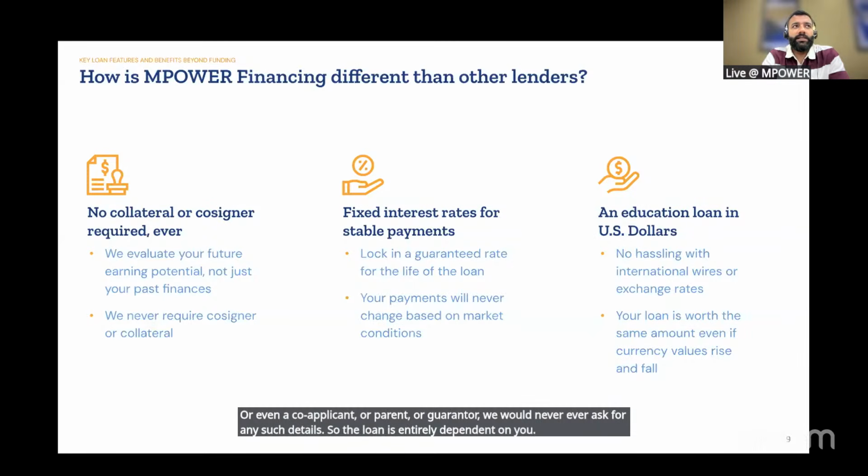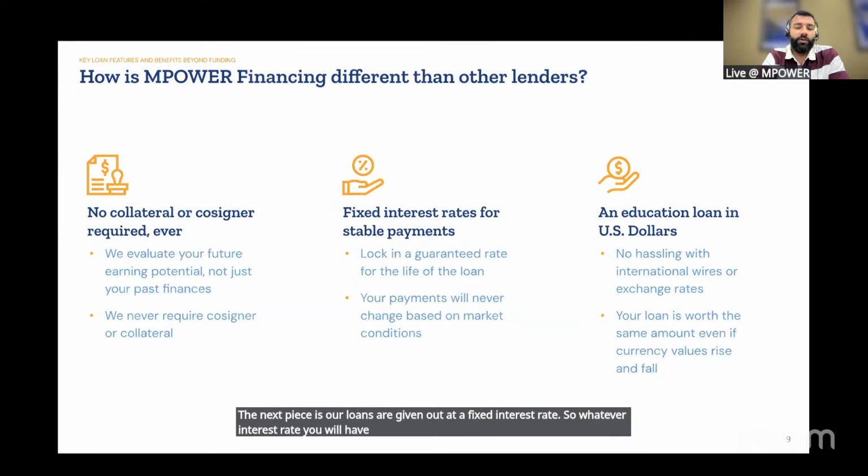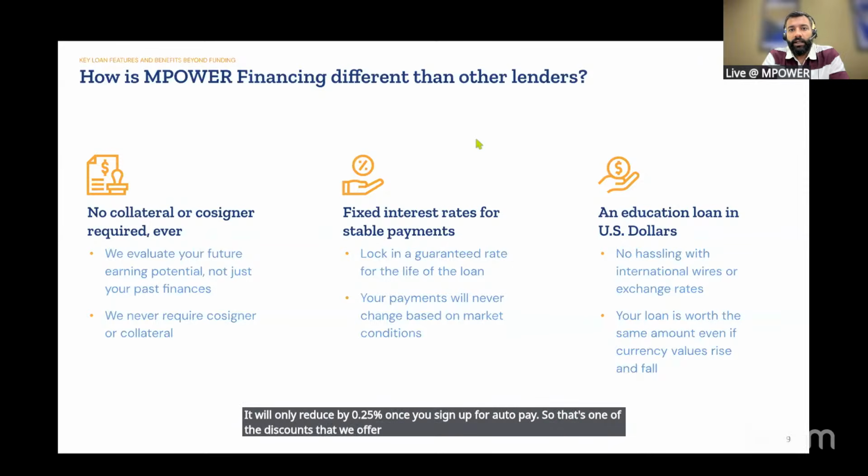The next piece is that our loans are given out at a fixed interest rate. So whatever interest rate you have at the time of your loan approval is what the interest rate would be for the entire duration. It will only reduce by 0.25% once you sign up for autopay. That's one of the discounts that we offer. But in addition to that, there is no market fluctuation and things like that that will impact your loan rate.